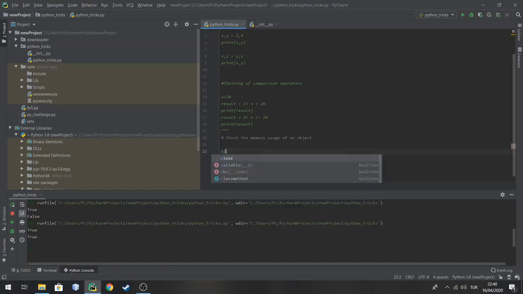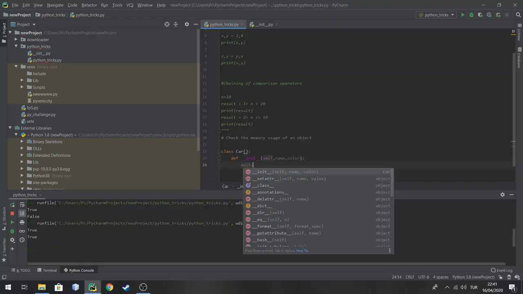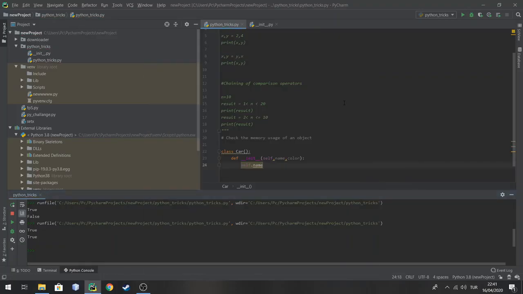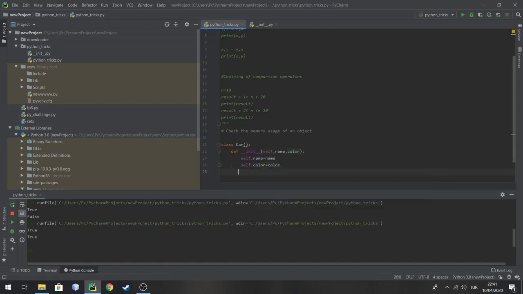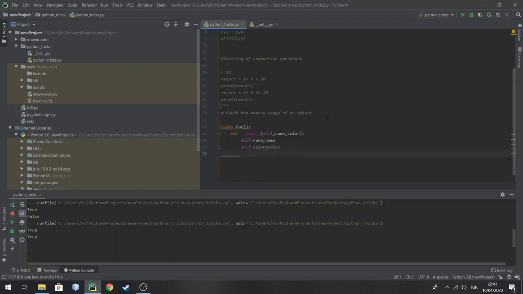for example, let's have a class, which is a Car class, and let's have an initialize method for it, initialize car instances name and color, for example, and self.name is name and self.color is color. So guys, if I want to check the memory usage of my car class, I can write print sys.getsizeof,